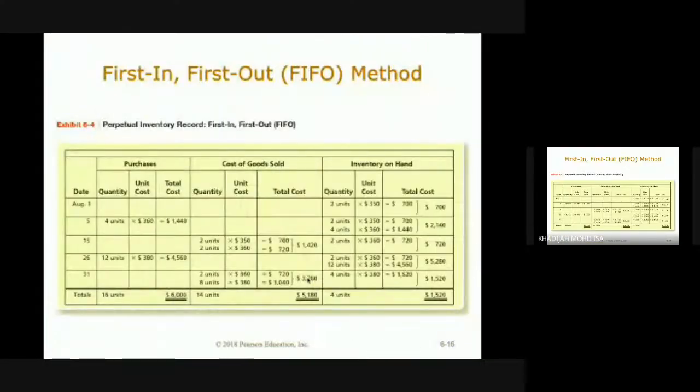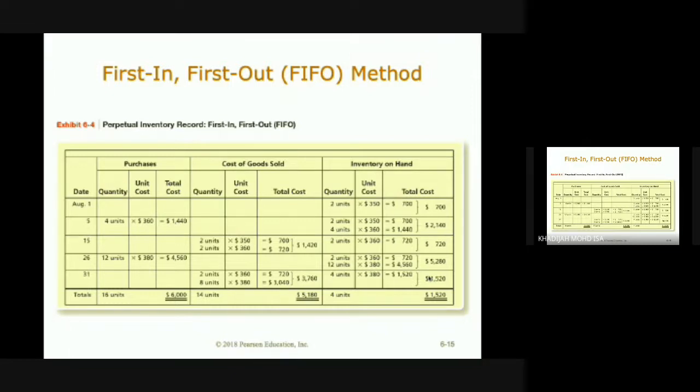Right, 54, the closing inventory is 1520. Why? If you look at the price here, the price is increasing from 360 to 380. So your closing stock reflects the latest inventory, which means you normally will have a higher inventory cost. Under first in, first out, your ending inventory is the most current purchases, which is the more expensive one. But the cost of goods sold is lower because normally you sold the goods that